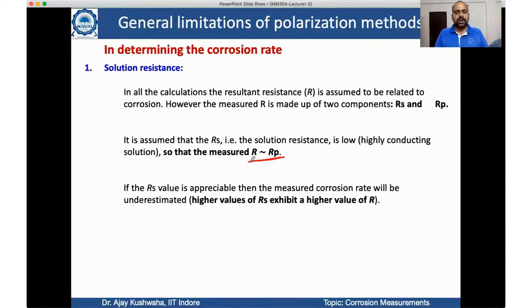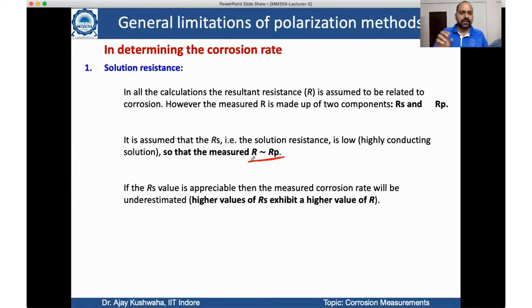The resistance between the counter and reference electrode should be very small, at least as compared to the RP, so that whatever resistance we measure can be considered equivalent to the polarization resistance, right? So this is one limitation, or one thing that we need to take care of